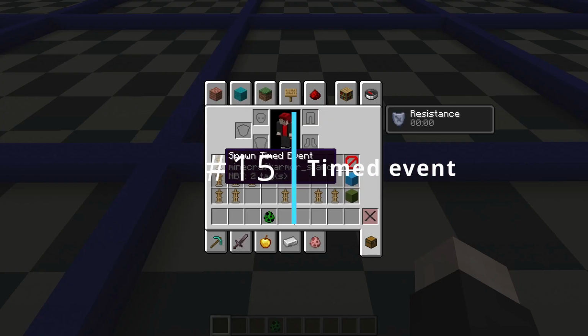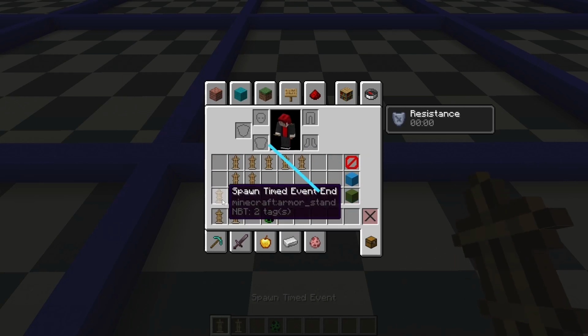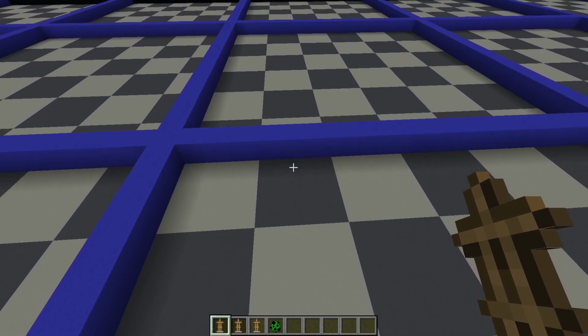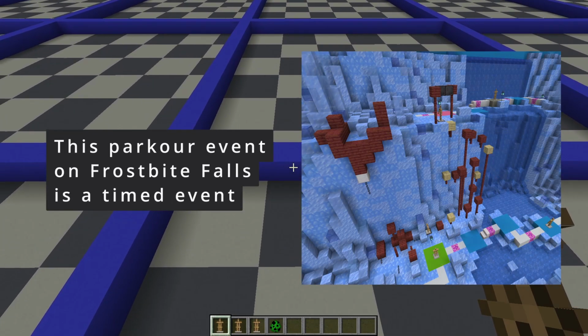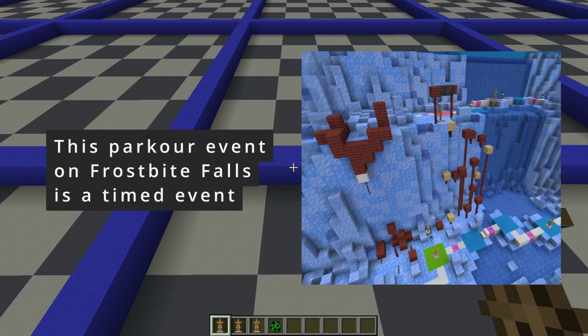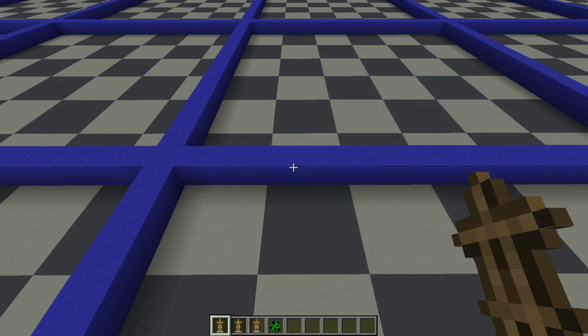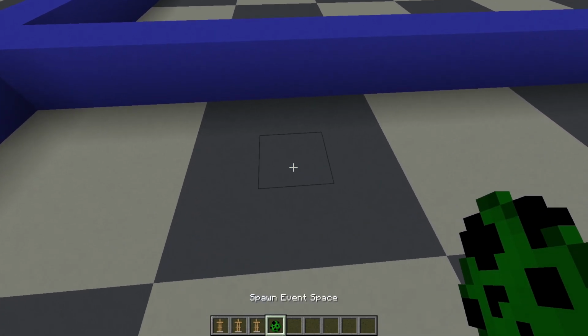Okay, so the first event I'm going to be going over is the timed event. So this one has 3 corresponding armor stands for it to make it work, and this is the most customizable event out of all 6 of them. And so when you're setting up an event, the first thing you need to do is decide whether it's a passable event or activated event. In this case, we're going to make it an activated event, so we're going to want to spawn an event